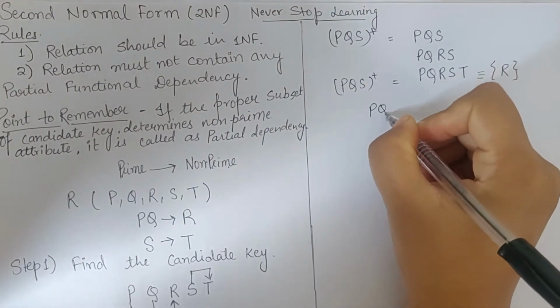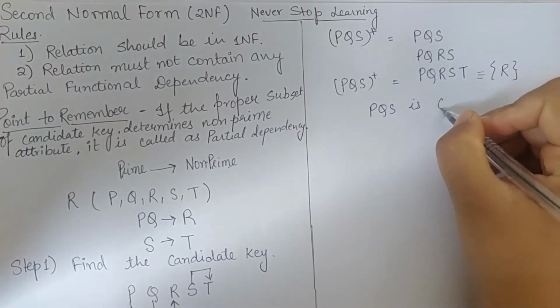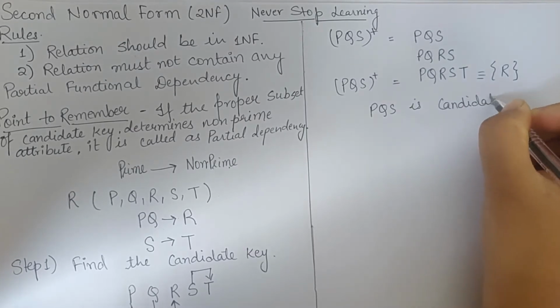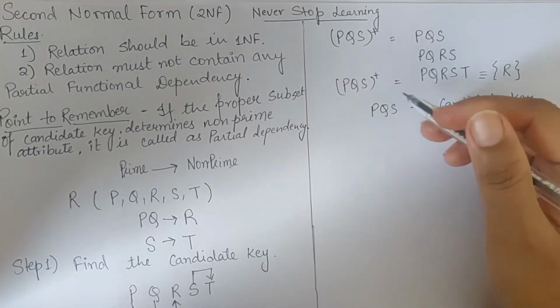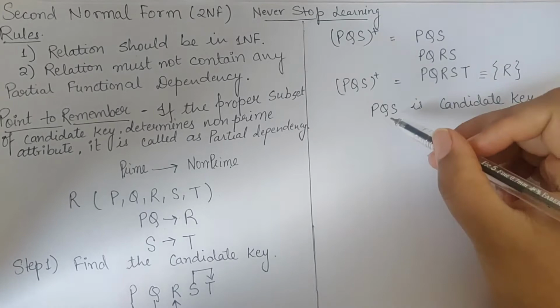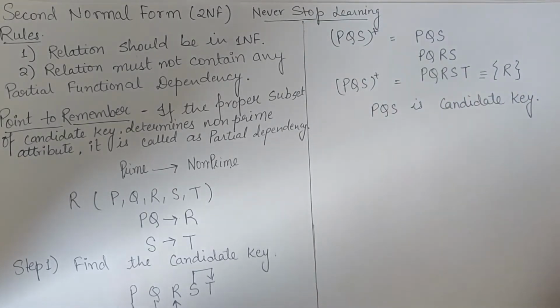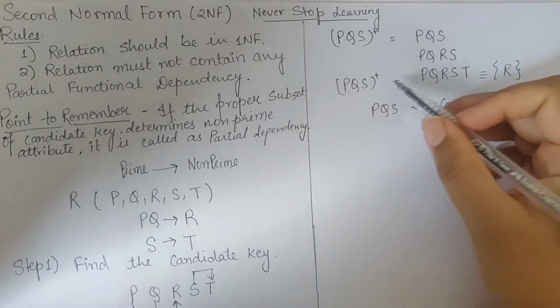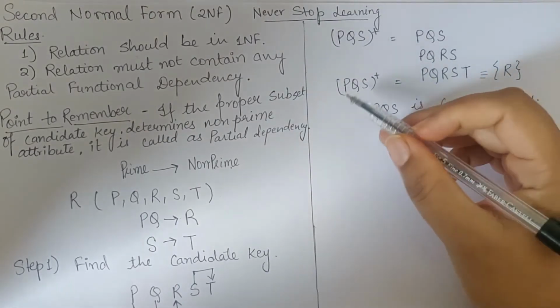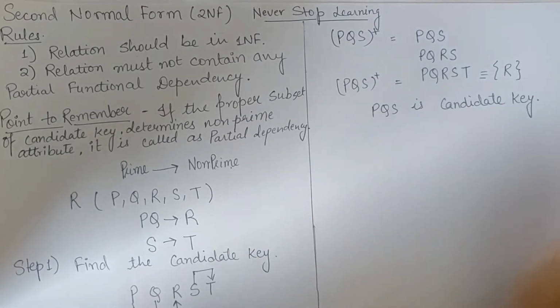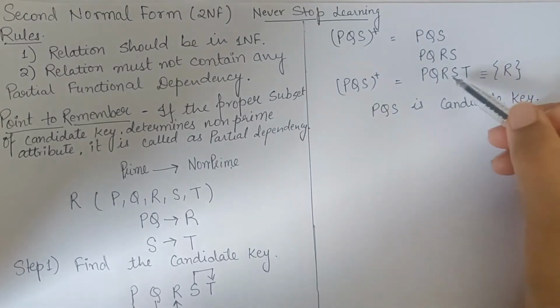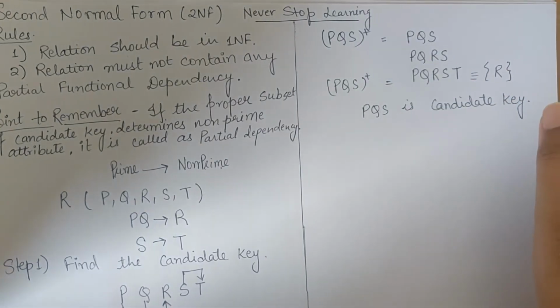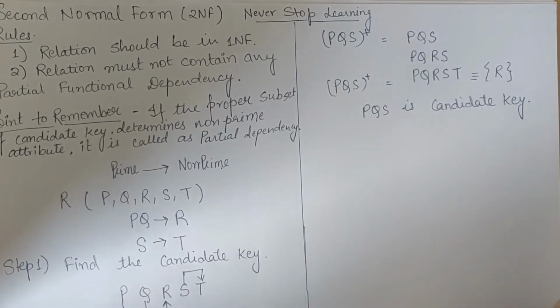That's why PQS is the candidate key. Correct? Because a candidate key is the one which has the power to determine all the attributes of a relation, and here PQS is doing that. And now if I add any other attribute to it, it can be a super key. It will not be a candidate key anymore, because a minimal super key is a candidate key and it's already minimal, PQS determining other attributes of this relation. So this is the only candidate key present in this question. Okay, so we got our candidate key.